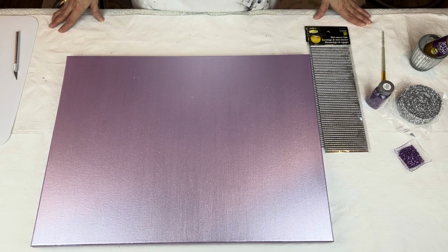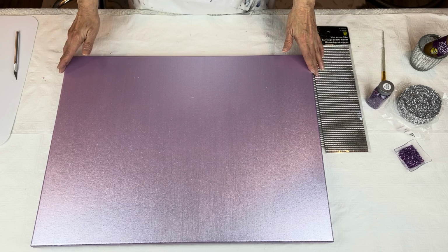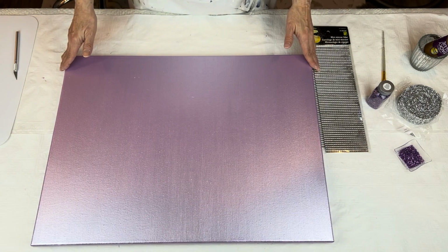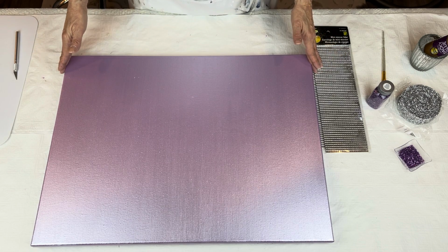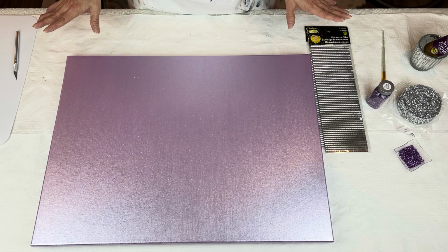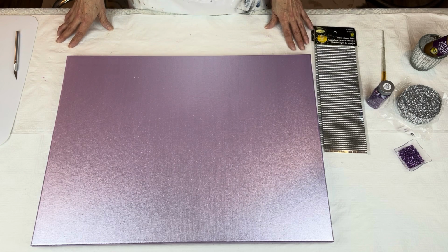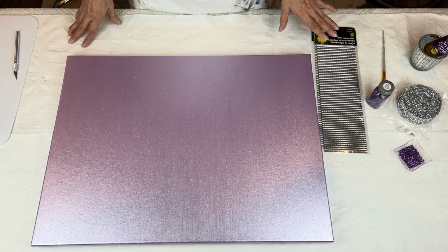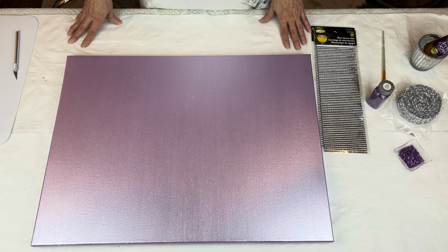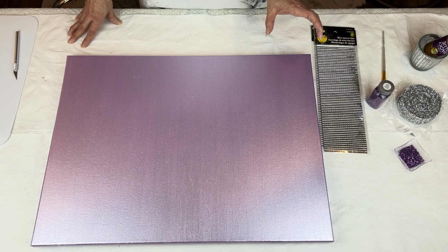The paint is all dry on my canvas and I absolutely love the pearl colors. These are like a pastel color but metallic and they're absolutely gorgeous. I've used all of the colors so far that they have and I'm on the hunt for a light green one. But I digress. So now it's time for me to do my frame